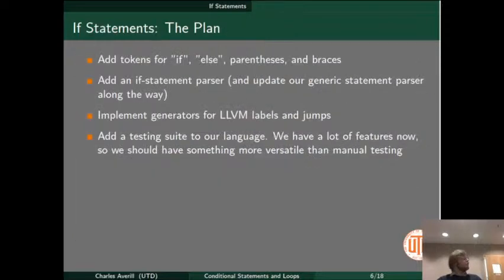So this is the plan for adding if statements. We need to add in tokens for the word if, the word else. We need to add parenthesis tokens, and we need to add brace tokens. That's the curly one. We need to add a custom if statement parser, and we are also going to update our generic statement parser. I'll go into that in a second. We are going to implement generators for LLVM labels and jumps, and we are also going to add a testing